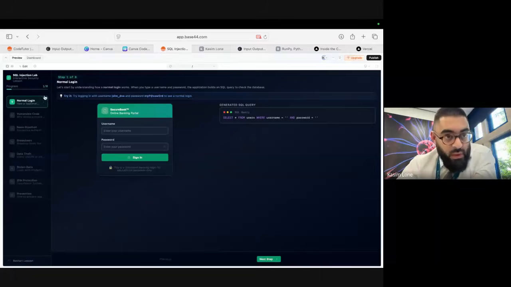So one example I've got is a SQL injection walkthrough using a login screen. As I type here, for example, John, you can see it populating on the right in the SQL query. So students can see, okay, how does this translate to this? I'll quickly just log in. If I just copy this